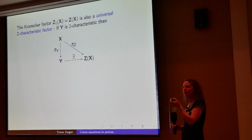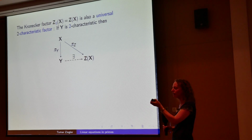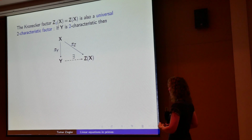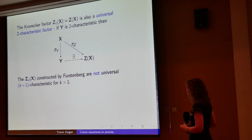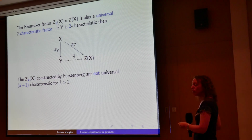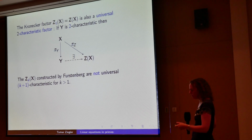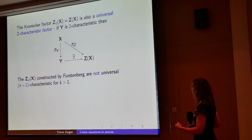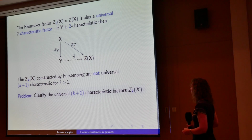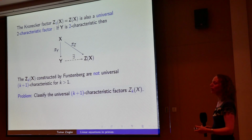So you can think of it as the most optimal place to calculate. The z of x for 3-term progressions is the optimal place to calculate the average. Can't go any smaller than that. And the point is that the factors Z_k constructed by Furstenberg, except for this Kronecker factor, the case k equals 1, are not universal, they're not the optimal factors for longer averages. And this brings out quite naturally the problem of classifying the k plus 1 characteristic factors